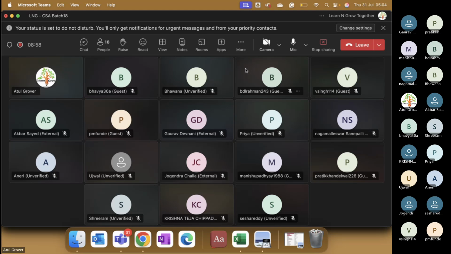But the topic is a little different. How many of you created the user, group, or location data, or might be department data, in my instance? How many of you have created? Say yes or no. I created, Vikram, created. Vikram, very good. Did you face any issue while creating these accounts? No. Okay,